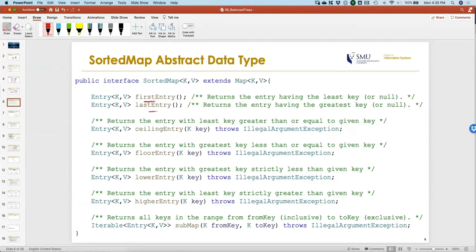Ceiling means that I don't know the exact key, but if I give you a particular key, I want you to find the next closest one to that, right? The floor is the same, and then you have the submap, which is kind of a range. So I'm going to specify the from and the to. So just like the flight example earlier,